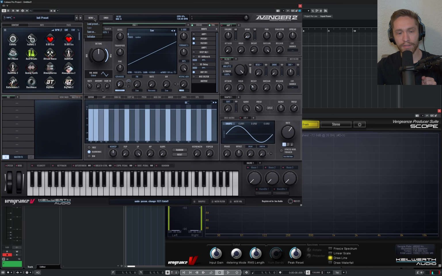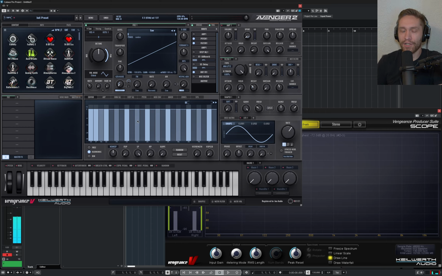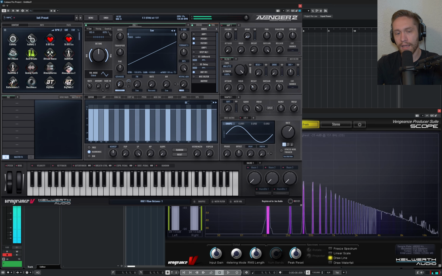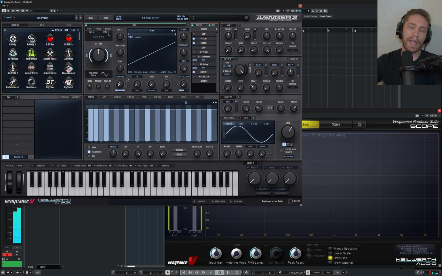So here in Avenger, let's go to Menu, Initialize, and we just have our saw wave. As we start building patches, let's do something like this. Have some unison, maybe add some more voices, maybe bring some of those voices up some octaves. That's kind of cool. One thing that's really cool about sound design is the constant motion, the change over time,